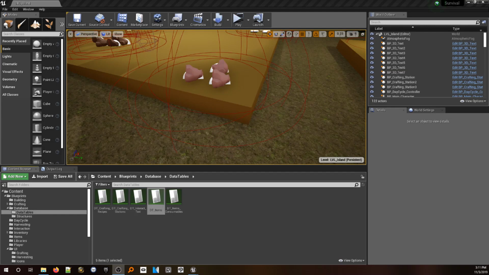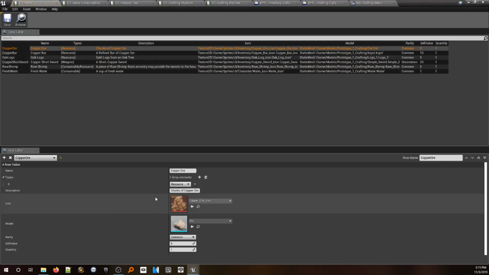In this video I want to cover the back end of the inventory and crafting systems. So right here I have all the databases that this system uses. To start with, we're going to jump into the DT items, which is the master database. And you'll notice that it is a pretty hefty sized database, although there's only a couple entries. There is a field representing each component of how the items are represented